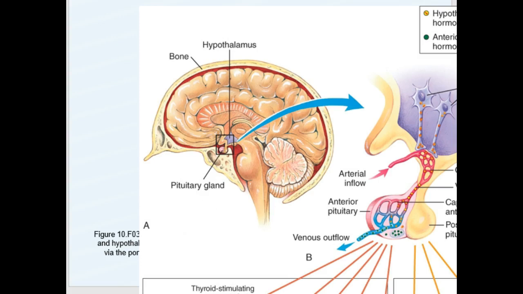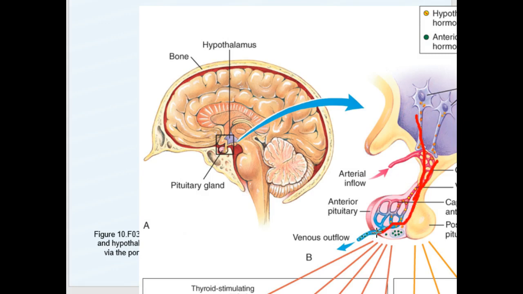Once again, it's connected by a stalk of tissue that is actually known as the infundibulum. And through that connection, we are able to send blood down